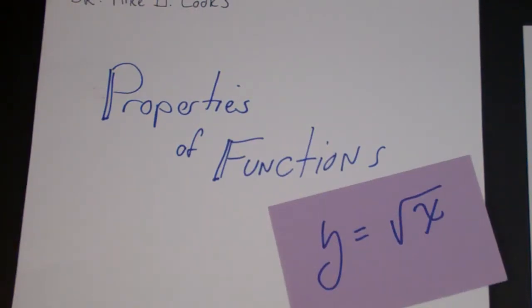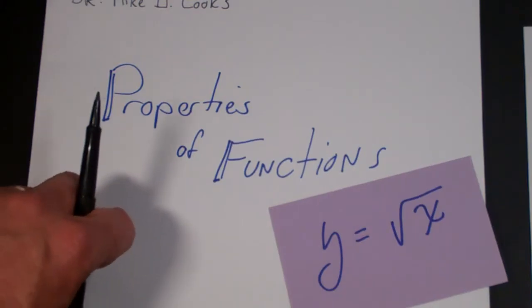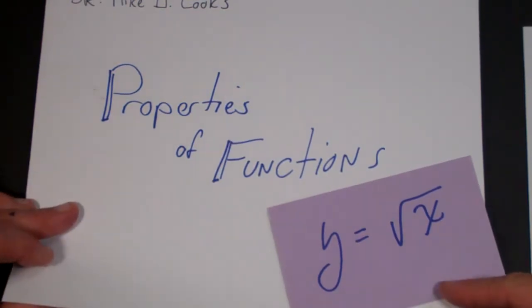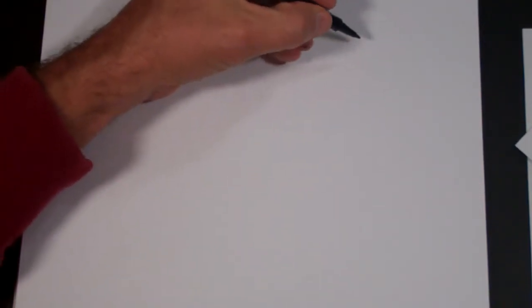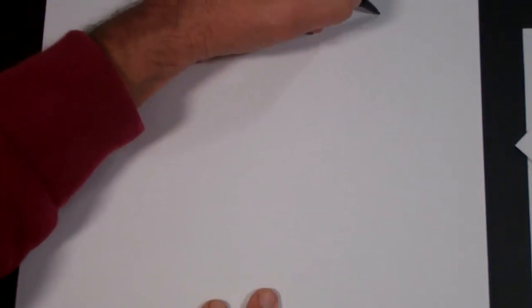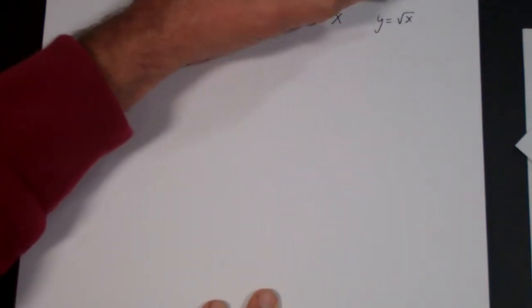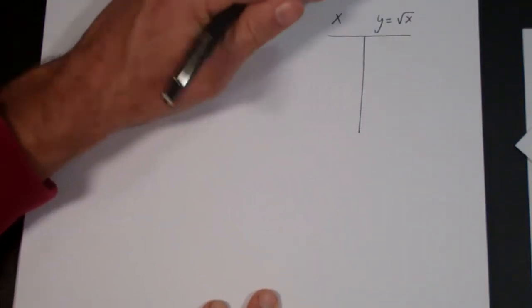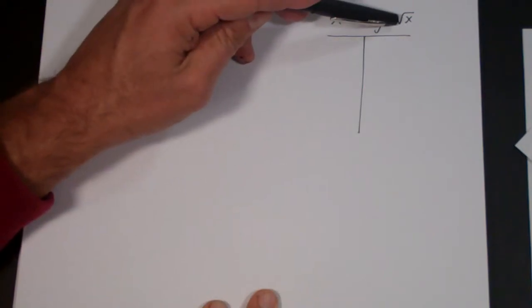Now let's look at the properties of the function y equals square root of x. And the first thing we can do is think about what the graph of y equals square root of x looks like. Let's first do a table. So you have x and you have y equals square root of x. And the first thing you notice is x can't be negative because you would have a negative underneath the square